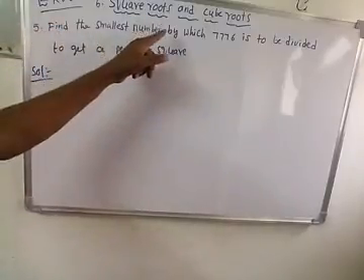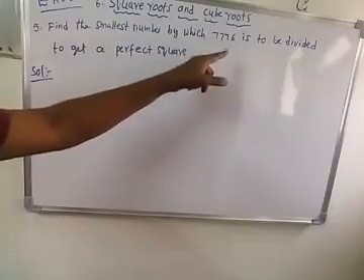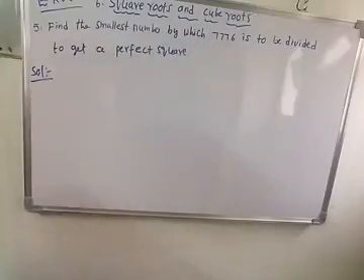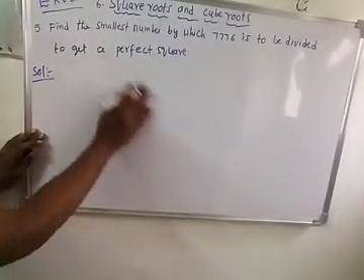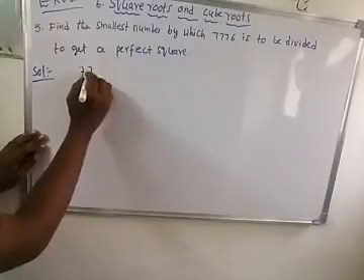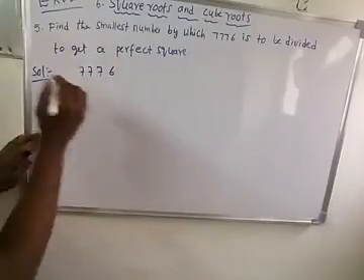Find the smallest number by which 7776 is to be divided to get a perfect square. So this number is divided by which number, then we'll get a perfect square? First of all, we find out the prime factorization of